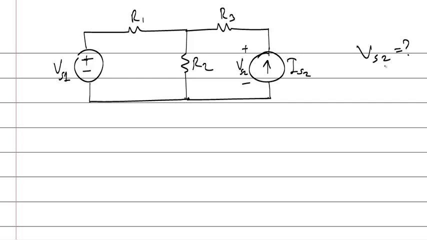That's a current source. Its current is given, but I don't know the voltage. And let me apply the Thevenin technique on the circuit and then analyze to find the Vs2 value. Okay, so Thevenin equivalent means